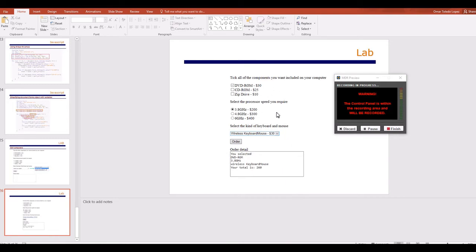Okay, so in this video I'm gonna teach you again how to interact with check buttons, with radio buttons, and select lists. So what do we have to do here is design the web page, correct, with checkboxes, radio buttons, select list, input button, and then a text area, right? Remember to display the detail of our order here, correct? Okay, so